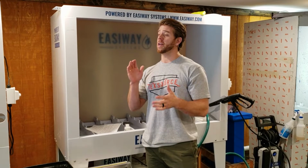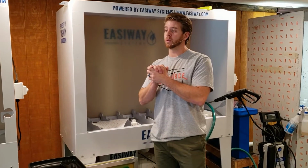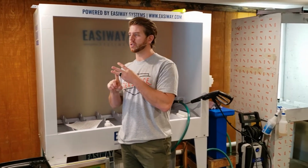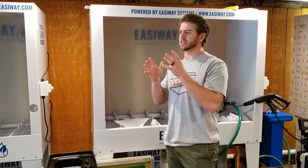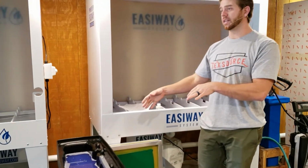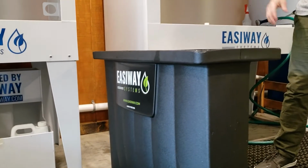How many of you guys ever had a Swiss Army knife growing up? You know, the little small knife gadget that would have a knife, a screwdriver, tweezers, toothpick, all kinds of little things in one little gadget. Well, this is what we're reviewing today, the Easiway dip tank, and what I'm calling is the Swiss Army knife